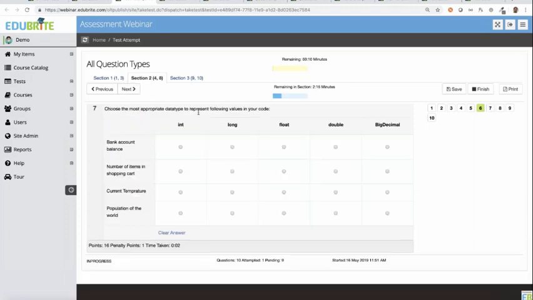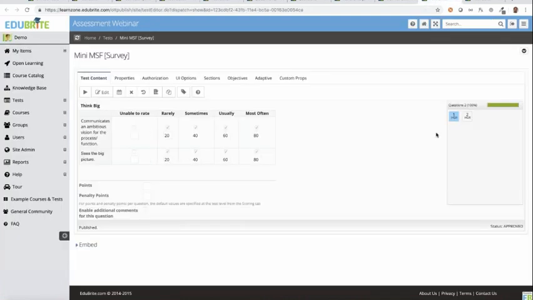Similarly here, for people who are familiar with a little bit of Java, this is a Java question. We are asking how to best represent a particular piece of data in Java. Although you can use int, float, everything, for a balance, BigDecimal is the best choice. So we can give 100% of the points if somebody selects this choice, and other choices may have some weighted score, but not the full score. Those are some of the things that you can set when you are